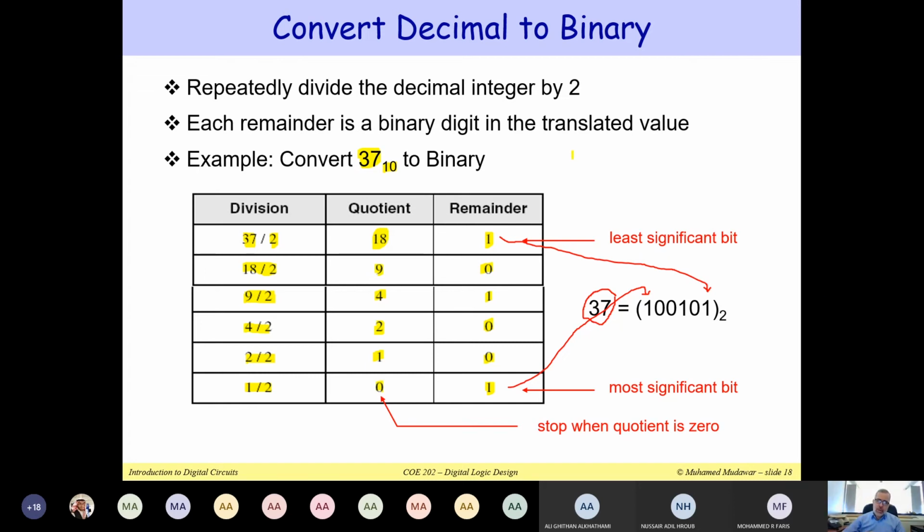So I said here, okay, converting a decimal integer, right? It's an integer. Remember that, okay? If it's a fraction, it's a different procedure. Okay, I'll come back to it later. Right. So fractions will be my topic, Doctor? Inshallah, on Thursday. I'll talk about fractions.